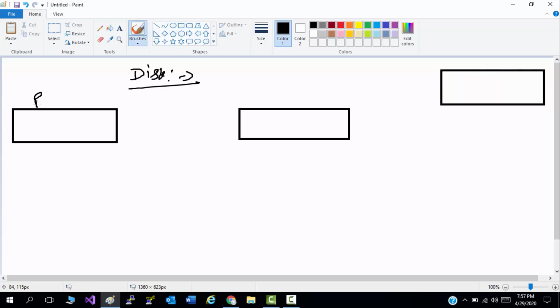First is persistent disk, number two is local disk, and number three is RAM disk. These are the disks which we can attach to our virtual machine.